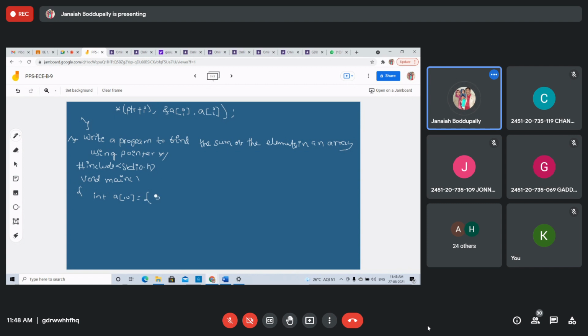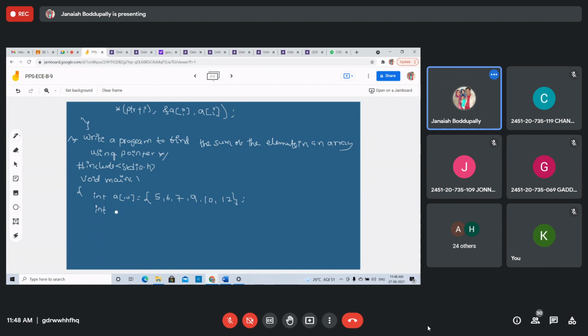You can also take the array elements from the keyboard. How to read array elements and how to display, you know that. Using a for loop: enter the array elements, for i equals 0, i less than size, i plus plus, scanf percent d, ampersand of a of i. You can, but I'm giving the values directly.